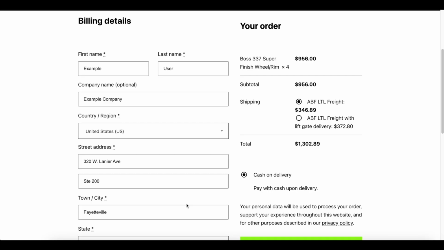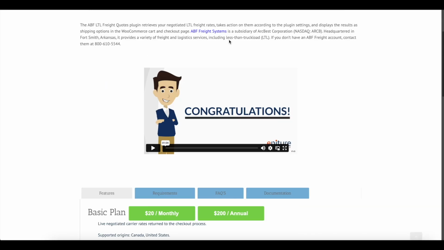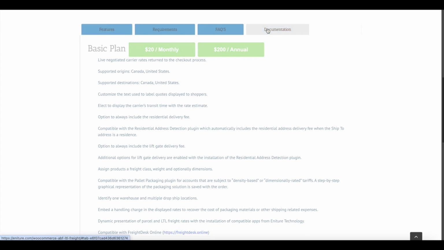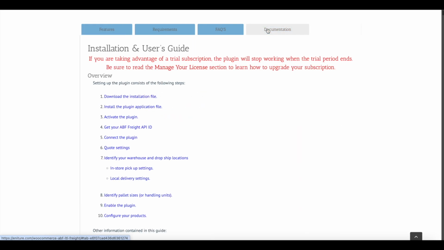This video is not a substitute for the user's guide, which is located on the Documentation tab of the Product Information page at Eniture.com. Refer to the user's guide that is specifically for the LTL freight provider to take full advantage of the plugin's